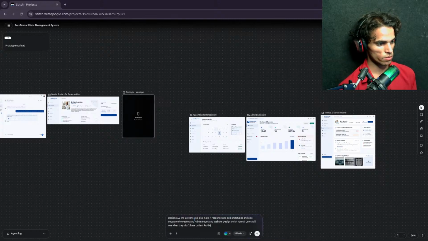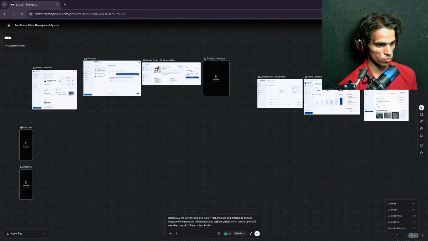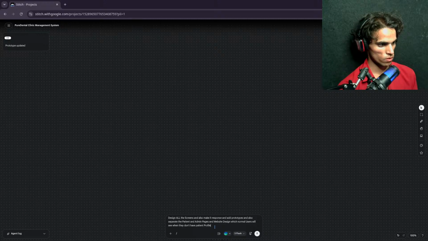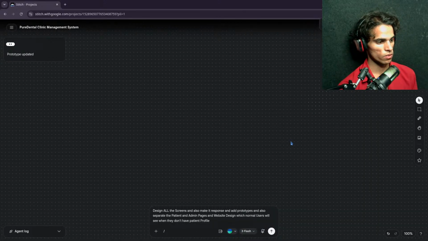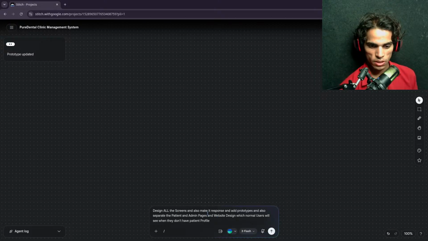Let me zoom it. Maybe it's not fitting well. So zoom to fit. No, zoom to. Also, this is still not visible. Yeah. Design all the screens.